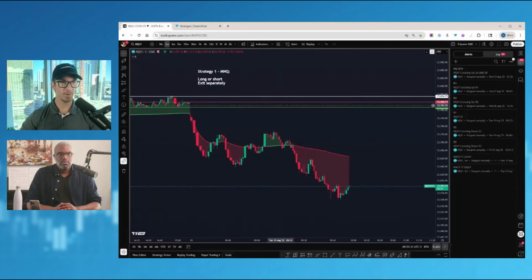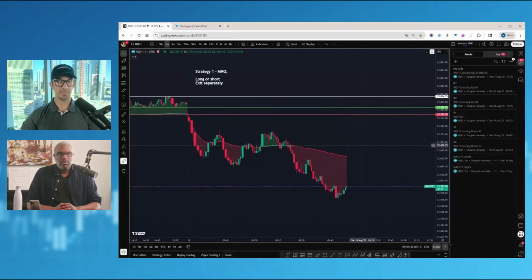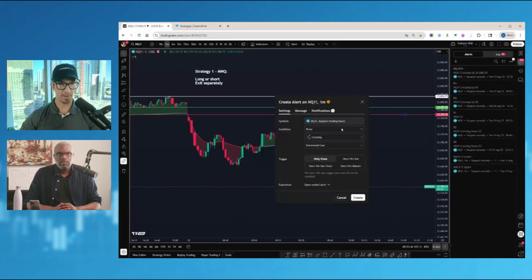And that helps me go long or short. Now, one quirk of TradingView is if you make an alert off of a line, let me just show you. If I make an alert off of a line and I say price is crossing this horizontal line, one of the first things I need to do is make sure that the trigger is set to only once. That way, once it triggers, it disables the alert and it doesn't risk me taking an additional position right away. Instead, it just ends the alert and then waits for me to reactivate that alert in order to send